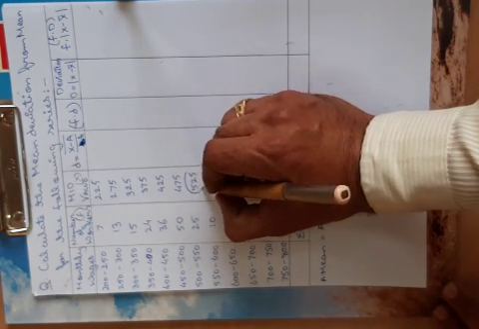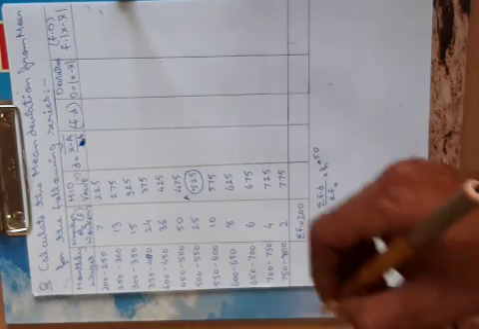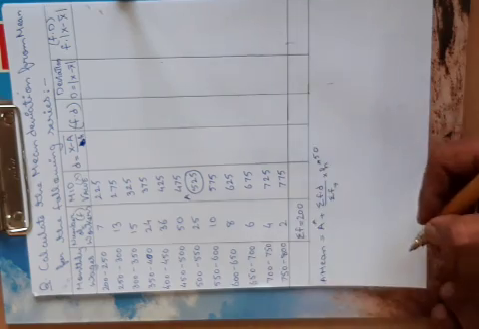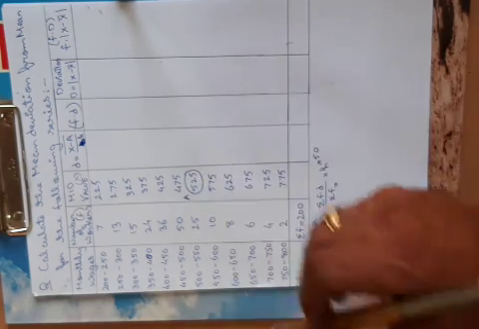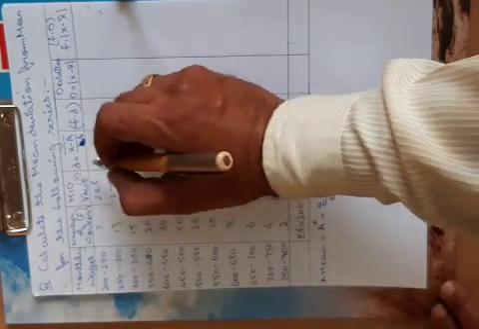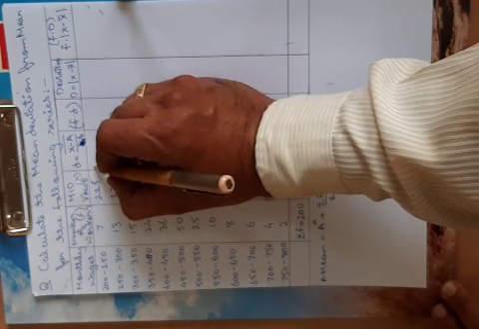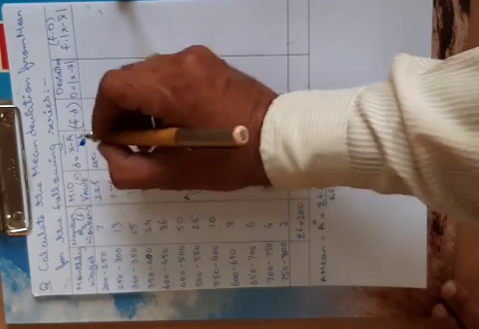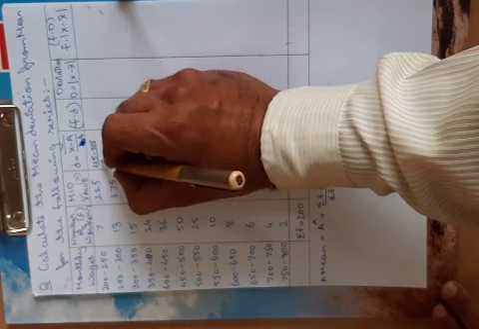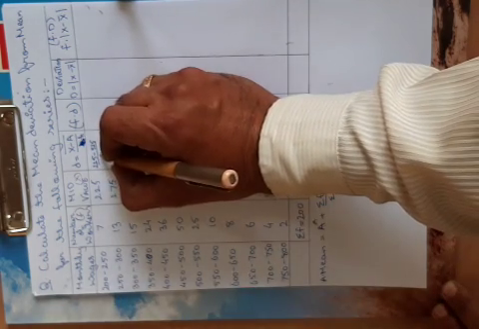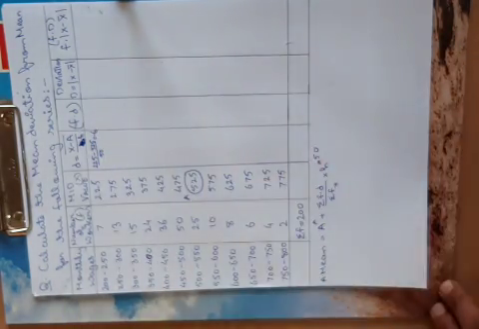Say for example, here there are 10 values, I will assume the mean as 525. You can even take the assumed mean as 475, or you can even go for 575. But here I have taken the assumed mean as 525. Now the deviation, for the first value, D is X minus A, the value for X is 225. 225 minus A, that is the assumed mean, which is 525, divided by h. h is the class interval, the difference, which is 50. So our first value is minus 6.